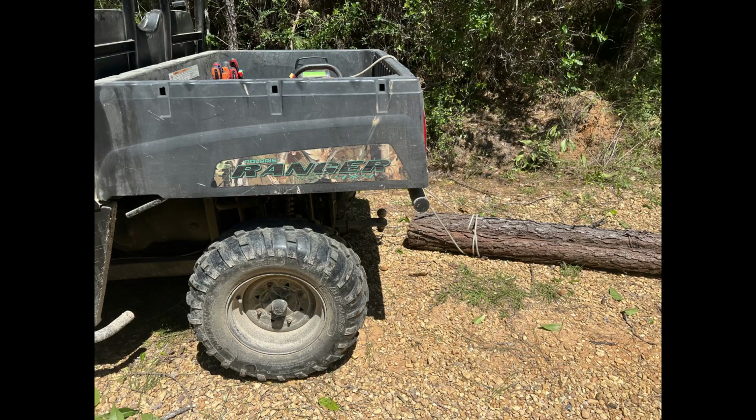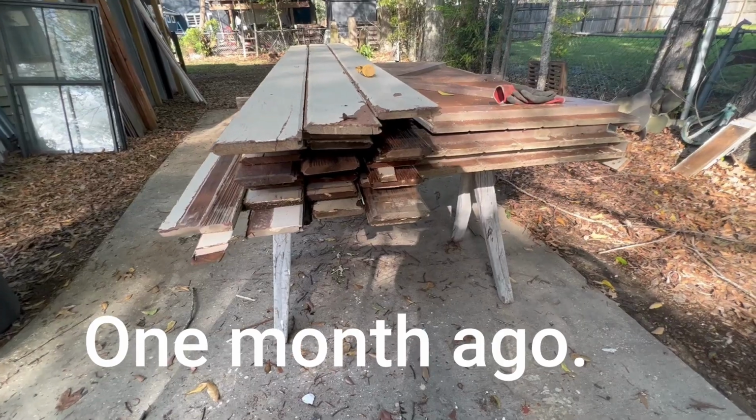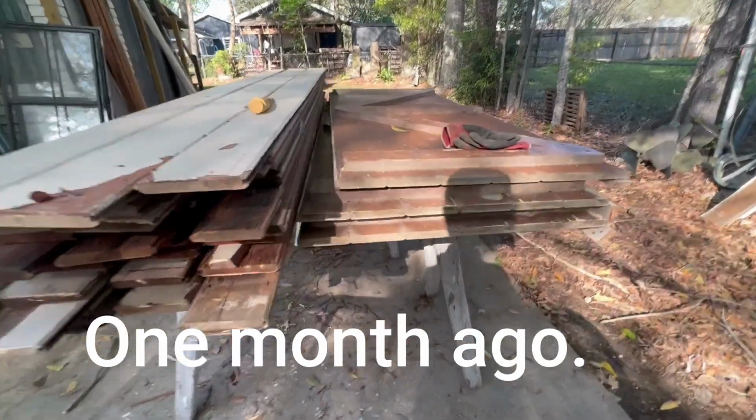Thought I was videotaping this, but apparently we just have 2 photographs. So you'll have to use your imagination. We did pull these down the road to the treehouse. Had a good score this morning. 3 doors